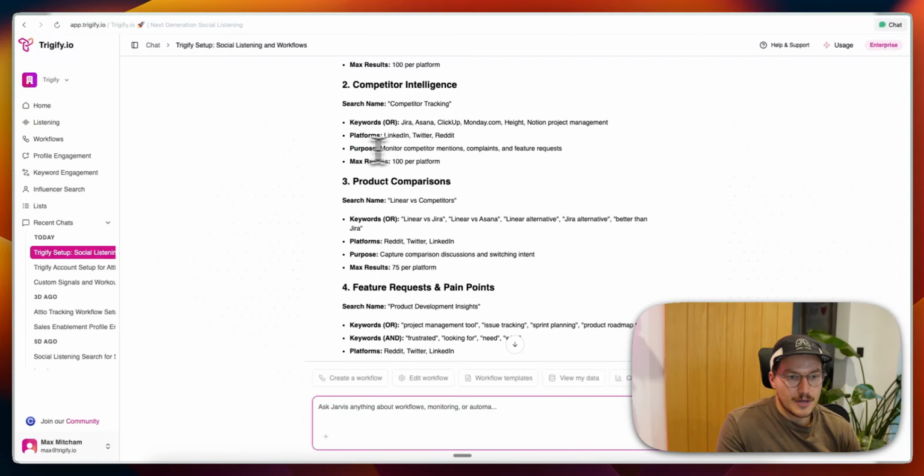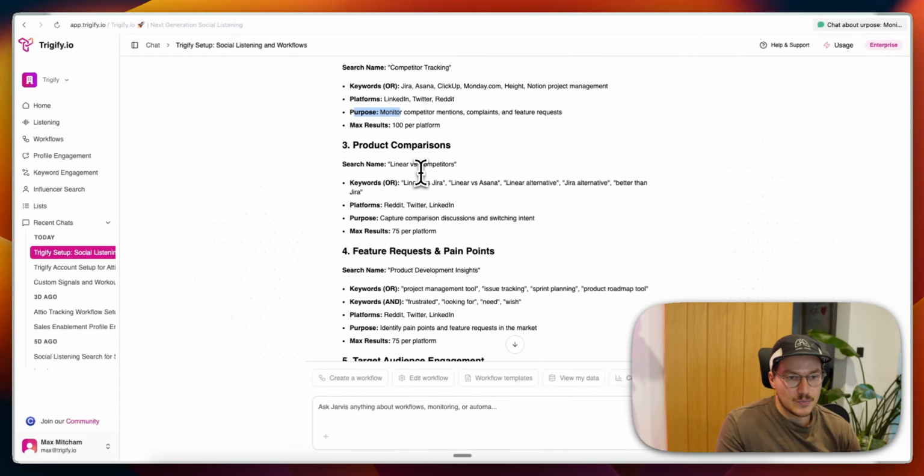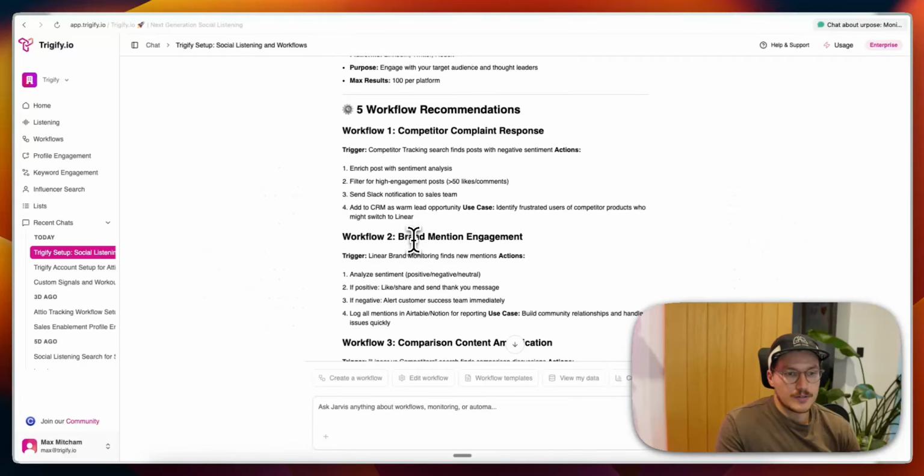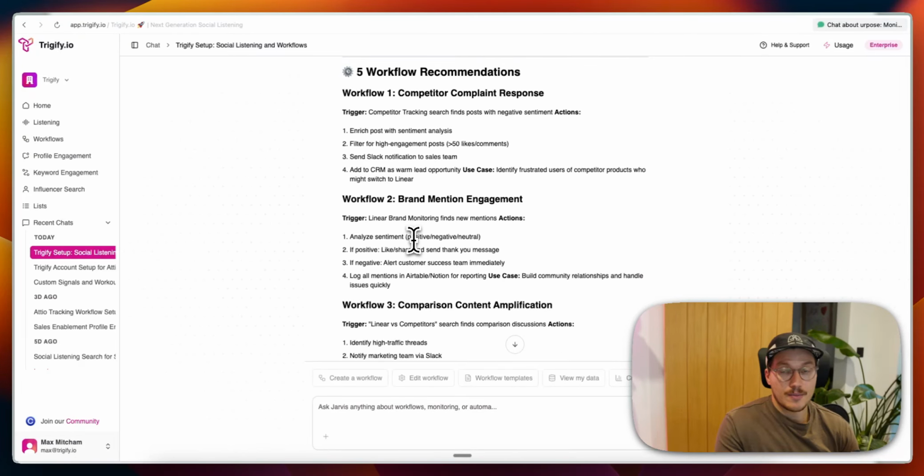And you'll notice here it's giving purpose, right? So it wants to monitor complaints, feature requests, competitor mentions, and so on. Product comparisons, feature requests and pain points, target audience engagement. Like, this is really cool. This is all of the stuff that you can get from social media that not a lot of people realize that you can do. So here are the workflows that it suggests building out of the back end of those